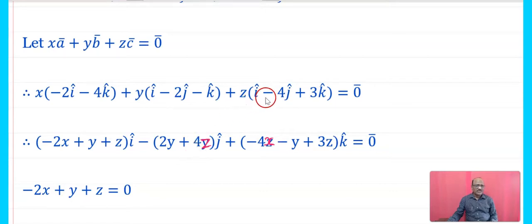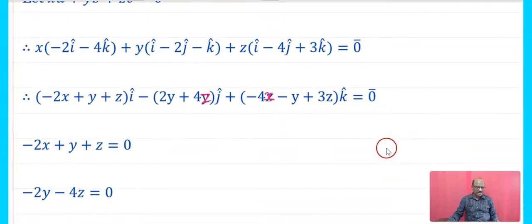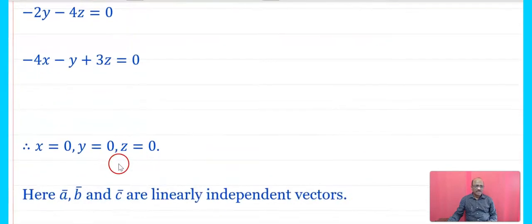If we take the minus sign common, then we have −(2y + 4z) j cap, plus the last term, k cap: −4x − y + 3z, that bracket complete k cap, equals 0. Now equating the coefficients of i cap, j cap, k cap to the right hand side, the first bracket is 0, the second is also 0, and the third is also 0. If we evaluate it,